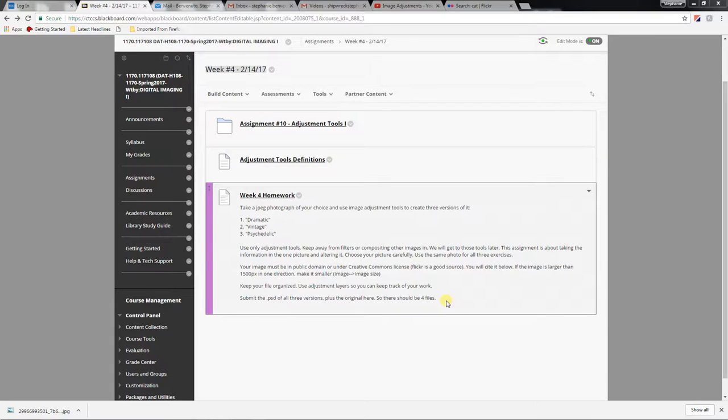All right, so your homework for this week is to take one JPEG image, one image of anything: fields, trees, cats, dogs, cows, whatever. And create three different versions of it using image adjustment tools. I got the three different themes here: dramatic, vintage, and psychedelic. So I want you to be using adjustment tools, but not filters, not putting in other images, that stuff